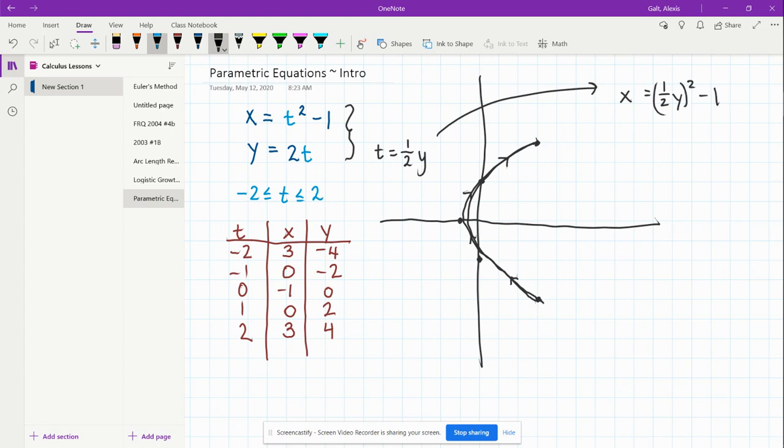And then we can see, oh, that's why it's a sideways parabola. It's open sideways, but it's open wider because it has a 1/4 in front of the y squared, because this would be 1/4 y squared minus 1. And that's why it shifted so that the vertex is at -1 instead of at 0. So we can translate back into rectangular coordinates, or we can keep it as a parametric and then just understand that the parametric equation actually gives us a little more information. It gives us the direction of travel as well as the location of the